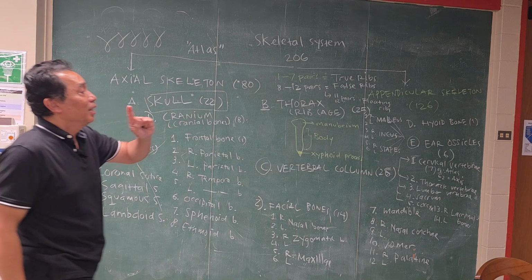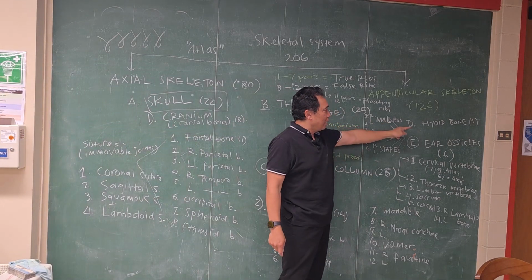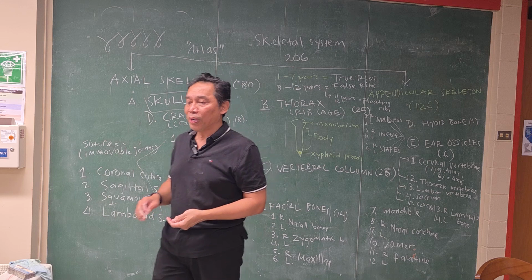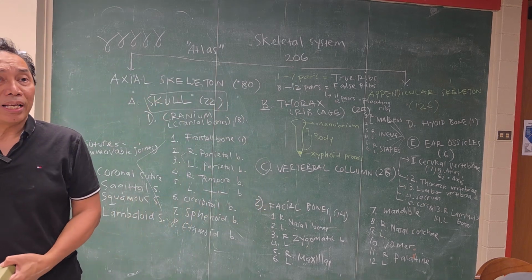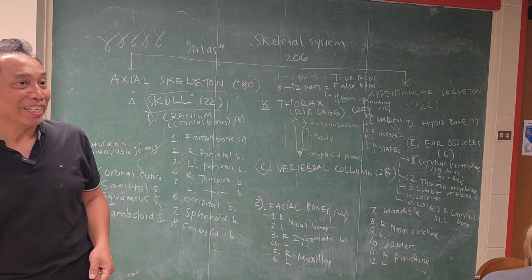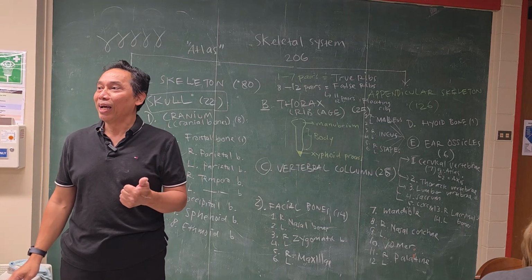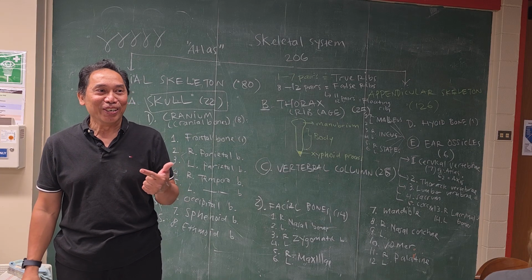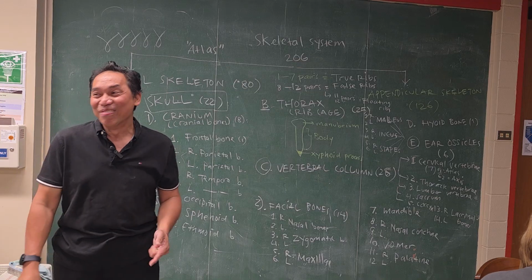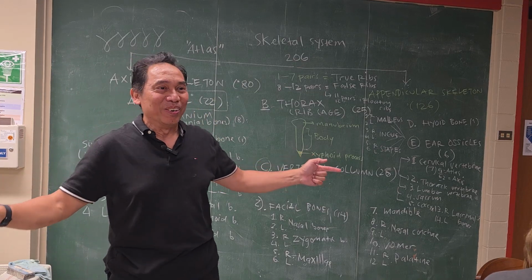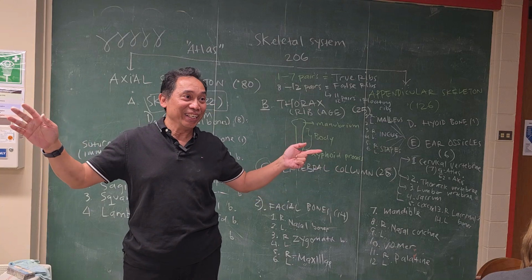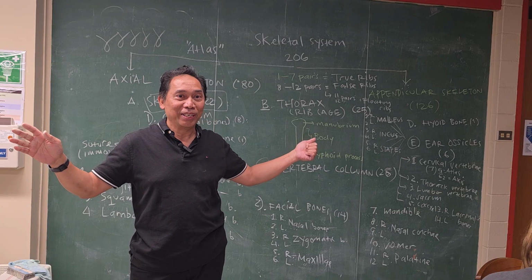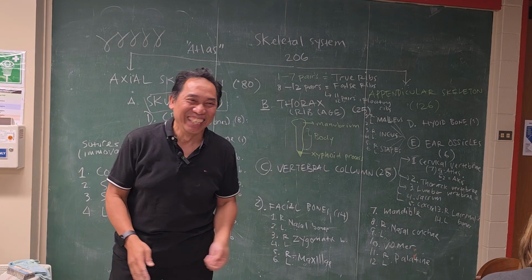Again, there are 3 pairs of ear ossicles or ear bones, which are malleus, incus, and stapes. How do you memorize it? I always remember Miley Cyrus. I don't know how I got that Miley Cyrus, but Miley is going to be malleus, right? And then Cyrus, I don't know what is incus and stapes, but it worked for me. When I remember Miley Cyrus, I remember these ear ossicles. Okay, you get this one? Hannah Montana, you see Hannah Montana?